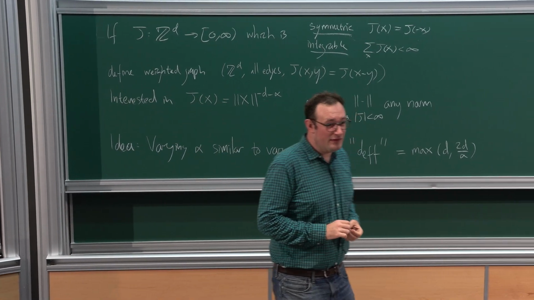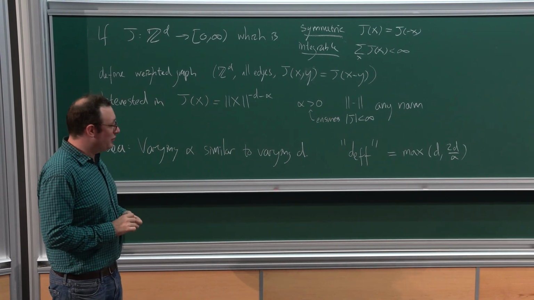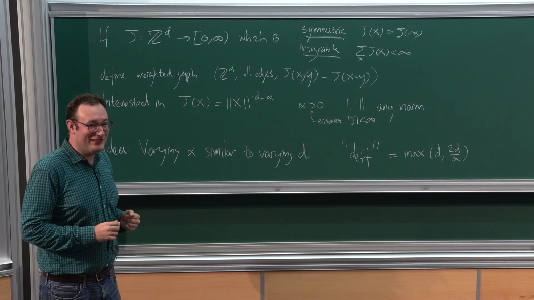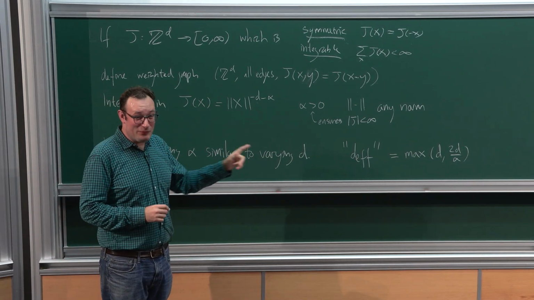So how do you prove the 2d over alpha? How do I prove it? Well, for here it's just a formula. But if you want an interpretation of this,